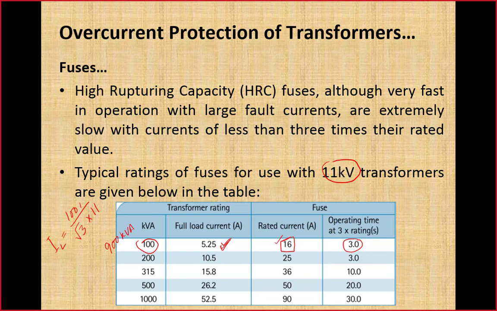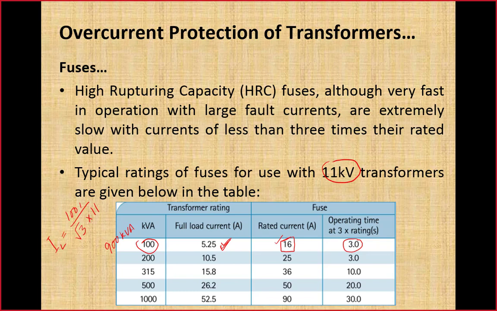A distribution transformer does not have any overload protection installed. Whenever an overload or severe overload condition occurs, transformers are capable of withstanding that condition for 2 to 5 hours. But if that overload is continuous for more than that time, it may result in permanent damage to the transformer winding. So the fuse is not there to provide protection against overload conditions. So what is the purpose of the fuse? The fuse is there to provide protection against short circuit conditions.